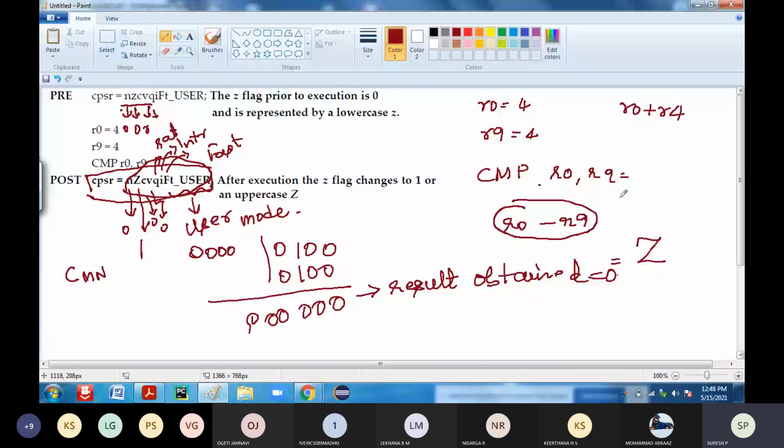With 0100 and 0100, the result we obtain is 8. Now, which flags is it going to affect? You have the N flag, Z, C, V. Is the negative flag affected, yes or no?